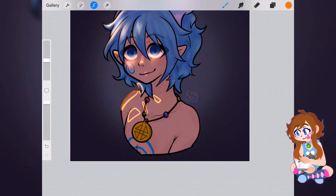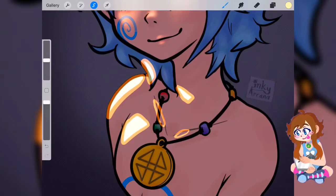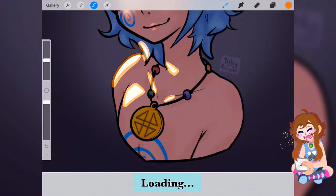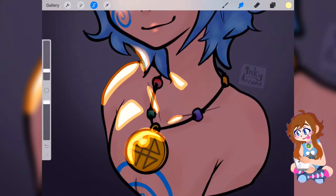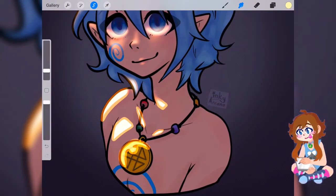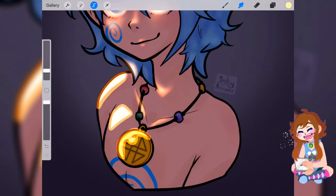Basically, you've got to think about where the light would be shining on it, and use references. When I was doing the rest of these practice things with lighting, I was using references, and it made it much easier to see how light actually falls on stuff, especially if you can use a reference that has a similar shape. If you're drawing a humanoid creature, you can use a person as a reference, and it'll show you how the skin and stuff reflects light, and where the